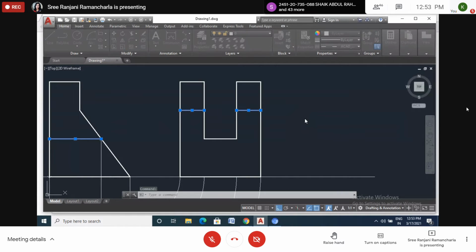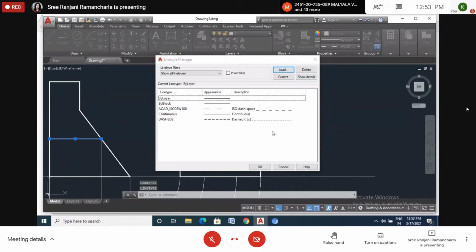It has changed, but there is so much gap. So I will change the line type scale. Let me try.